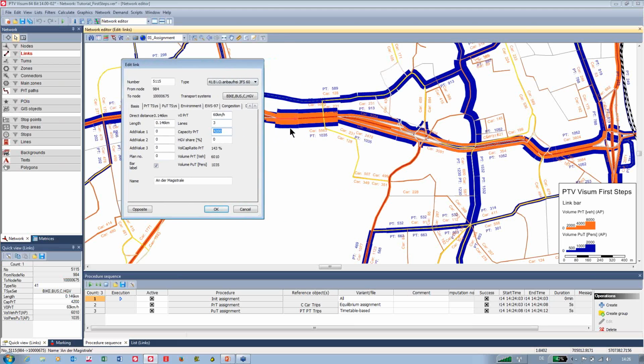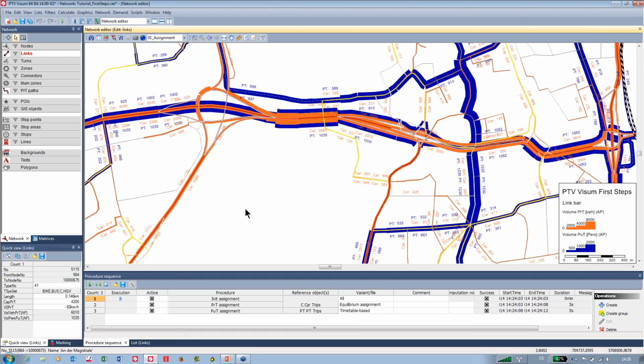When you select one link, it comes actually with 2 links at the same time, one for each direction. If you would like to switch between the 2 directions, you can use this button, which is called opposite, and then you can switch between the 2 directions. So you can cancel that dialog,